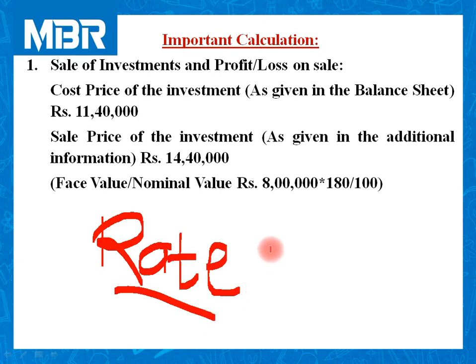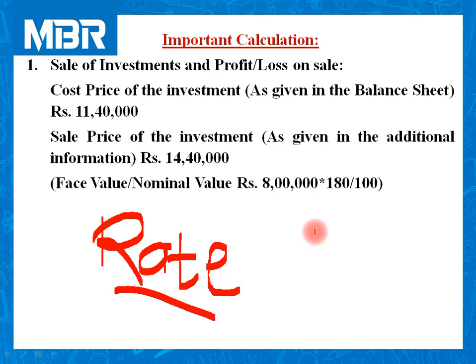Now using this terminology, we need to decide the total amount. Say for example, if you go to purchase something and the shopkeeper tells you the rate is rupees 5 per unit, it means we need to pay 5 rupees per 1 unit. If you purchase 2 units, you are supposed to pay 10 rupees. If you purchase 100 units, you are supposed to pay 500 rupees. If you purchase 1 lakh units, you are supposed to pay 5 lakhs rupees.